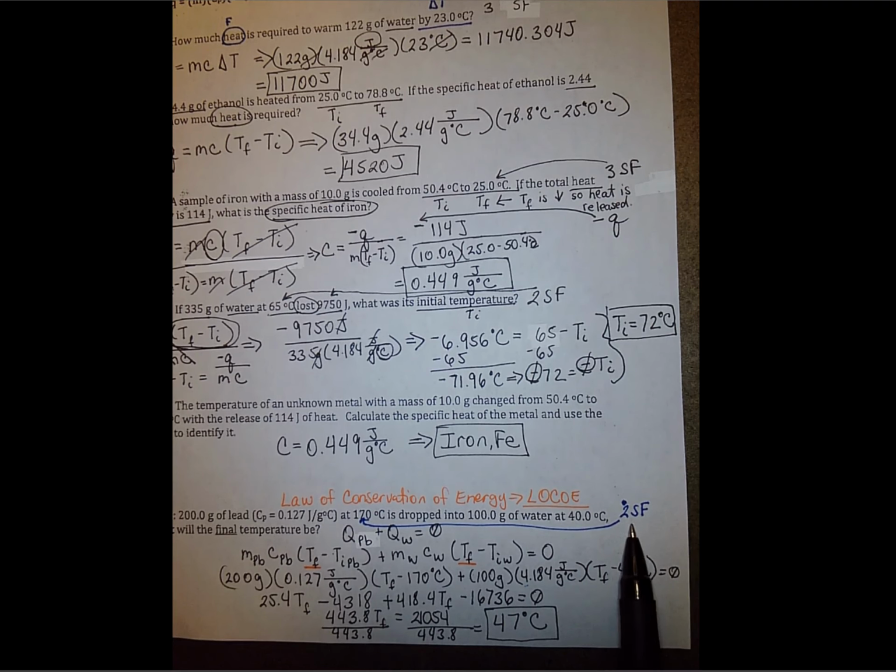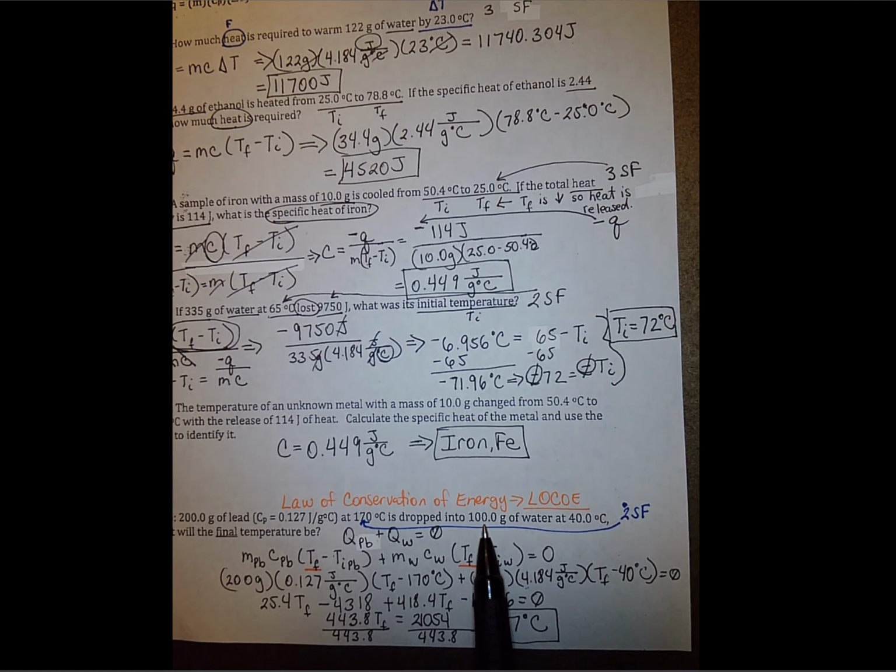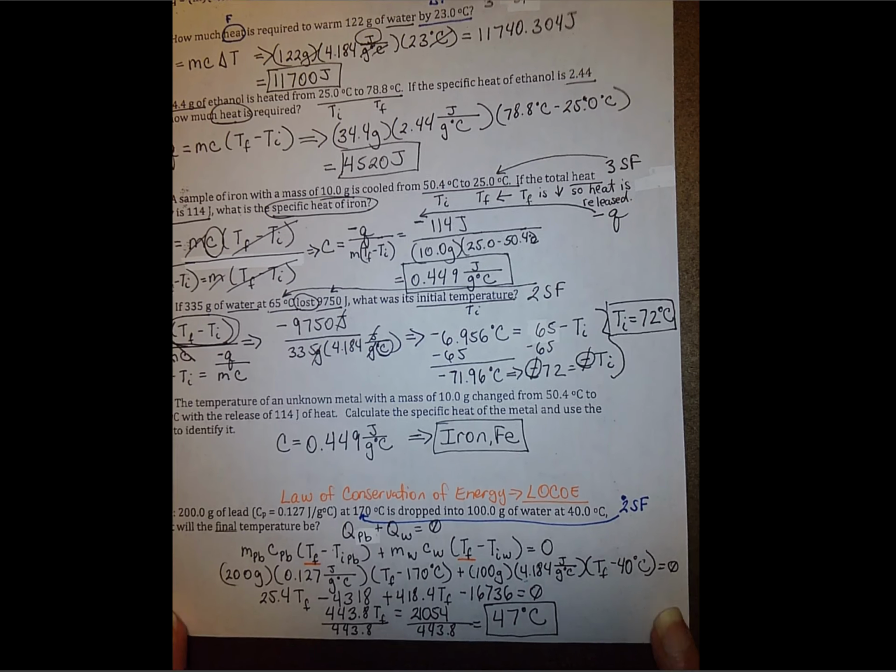Because this is two significant figures, because of the 170, the 200 right here happens to be 1, 2, 3, 4 significant figures. This is also more than that, not any less than that. This happens to be 2 because this 0 does not count. There isn't a decimal after it. And this is more than 2, and this is obviously more than 2 also. So you're looking at the least number of significant figures in your question, and that is 2, thanks to the 170. So your final answer is going to be